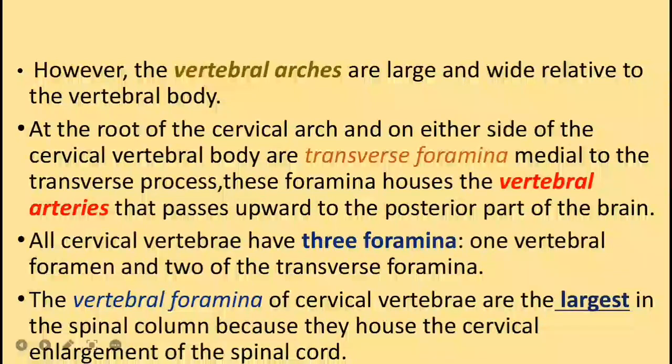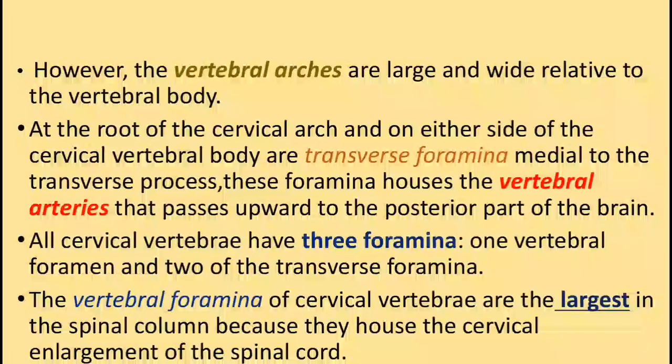On the description part, the vertebral arches are large and wide relative to the vertebral body. At the root of the cervical arch and on either side of the cervical vertebral body are transverse foramina medial to the transverse process. This foramina houses the vertebral arteries that pass upward to the posterior part of the brain. All cervical vertebrae have 3 foramina, 1 vertebral foramen and 2 transverse foramina. The vertebral foramina of the cervical vertebrae are the largest in the spinal column because they house the cervical enlargement